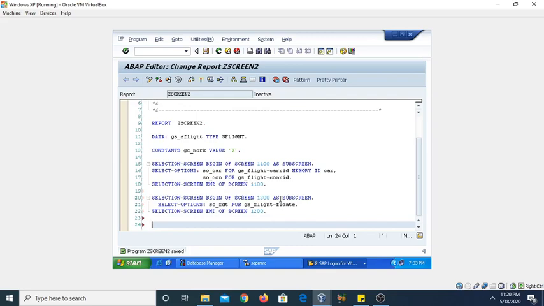Now we are going to create another subscreen on which we will define the radio buttons. So again I am creating the selection screen, begin of screen, and the screen number is 1300 as subscreen.